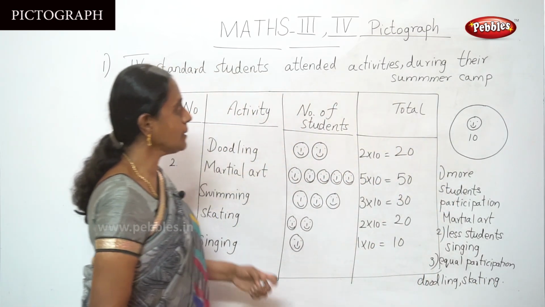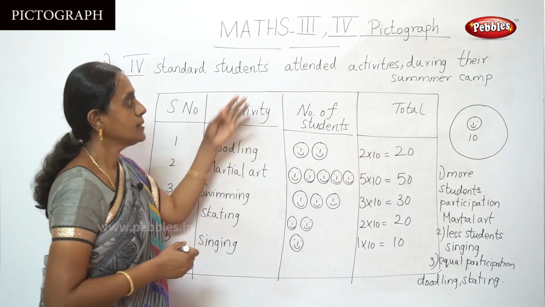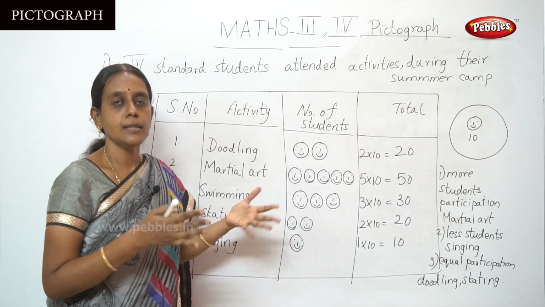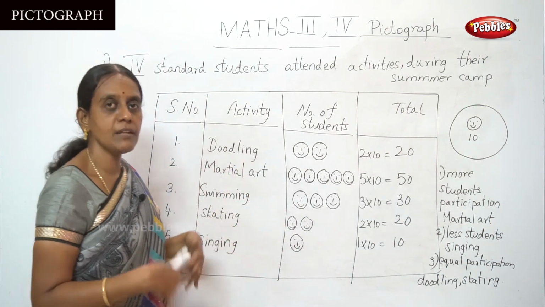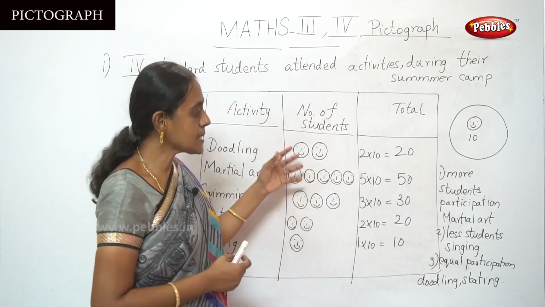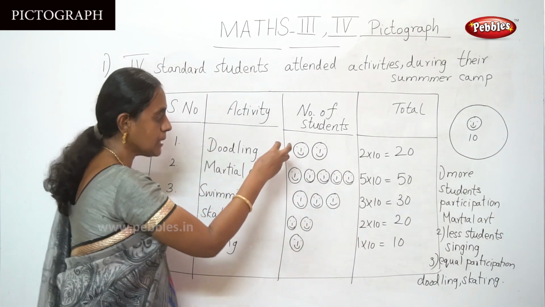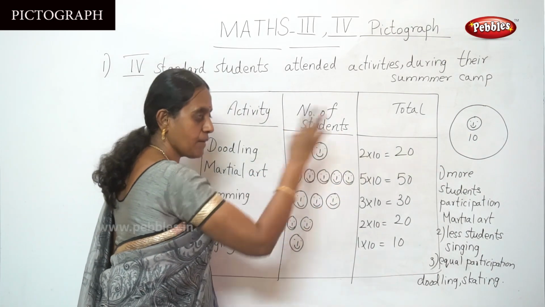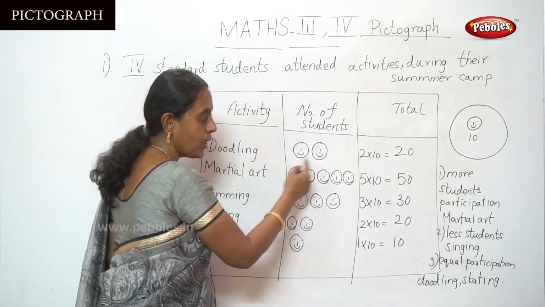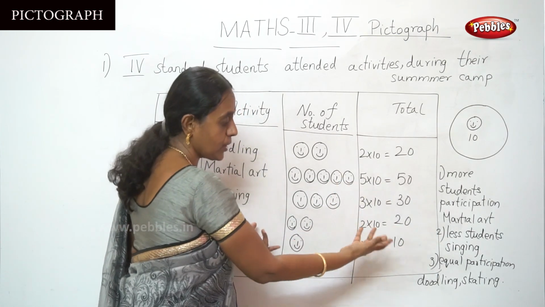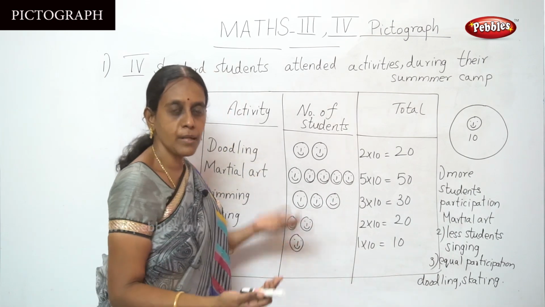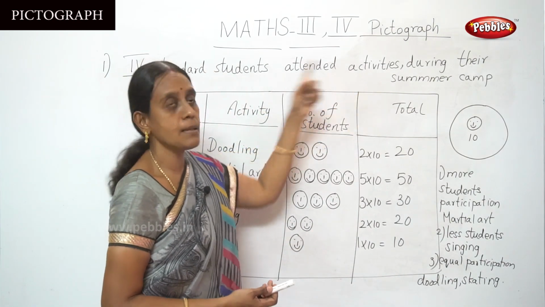So this is a pictograph. By showing pictures, we discuss the data by giving the picture representation, and that is called pictograph. This is an easy method, since each picture has some value. So simply you have to calculate the number by each value. You can add the numbers, even bigger numbers, and find the answers easily. And you can find the total number of students who took part in the summer camp activities.